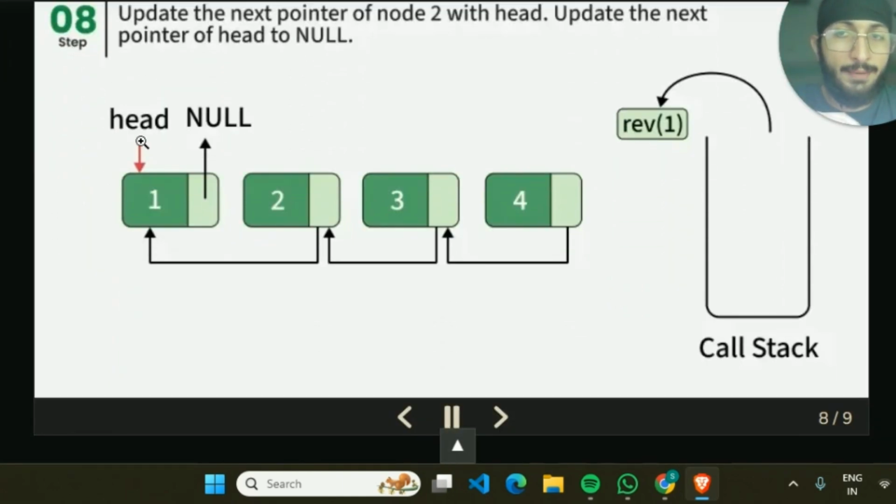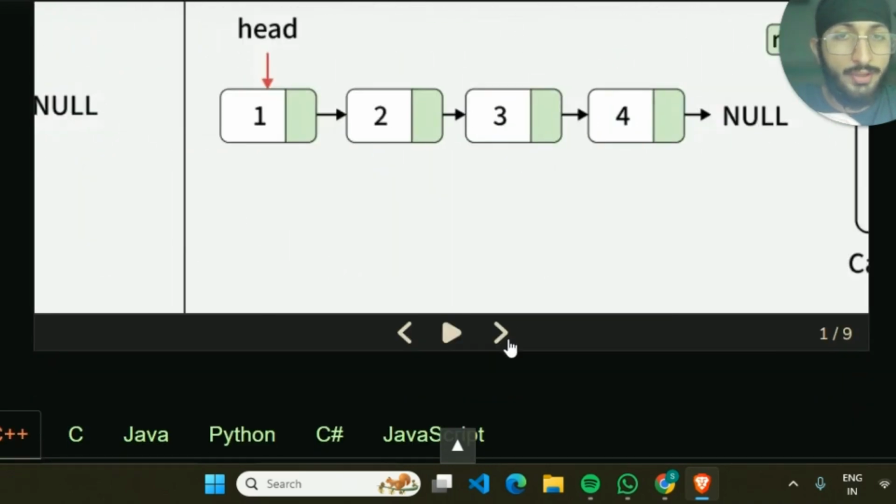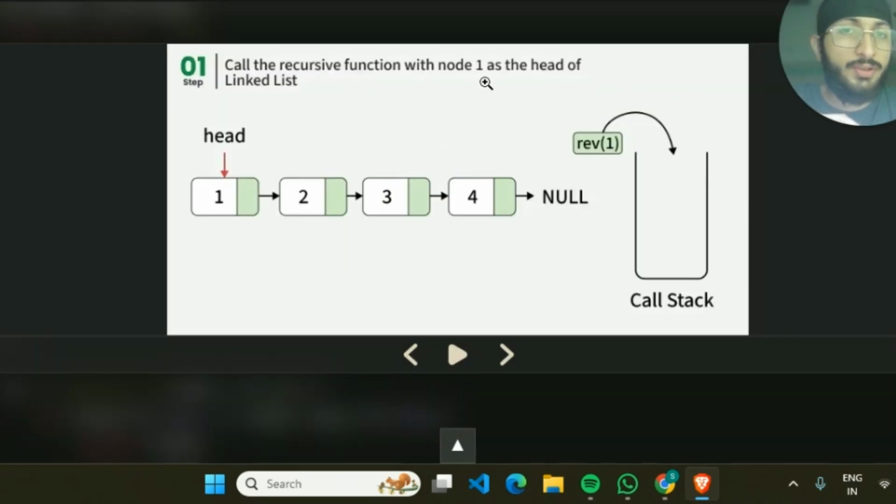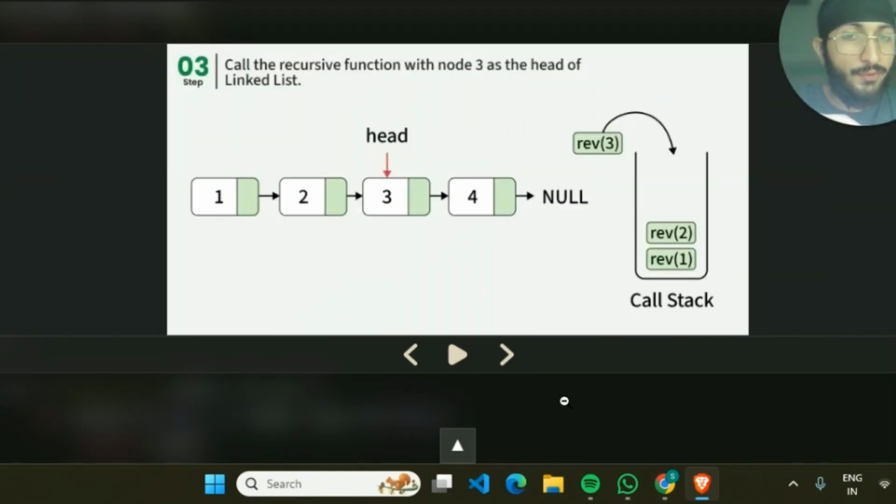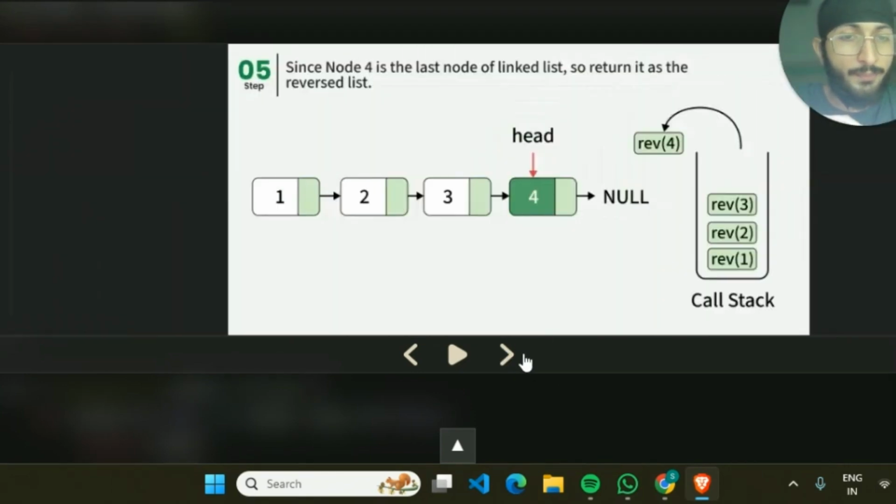So you see we have this. Let me show you exactly how it's running. So we call the recursive function with node 1 as the head of the linked list, and this is the call stack. So rev 1 we put, then rev 2 it calls, then rev 3 again calls recursively, then rev 4, and next we have